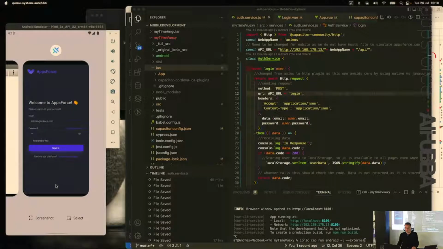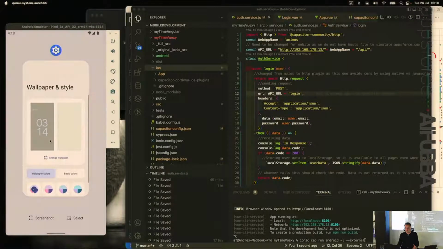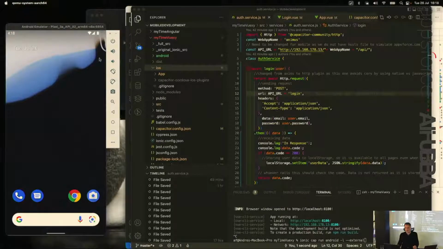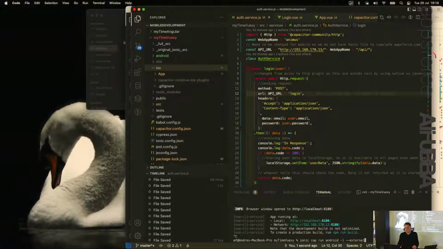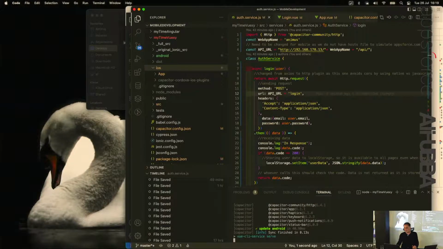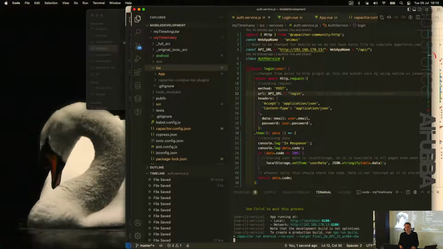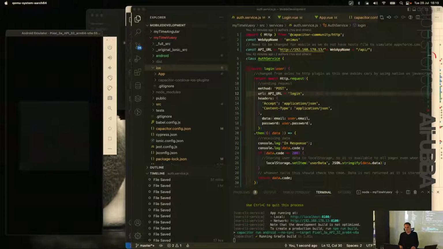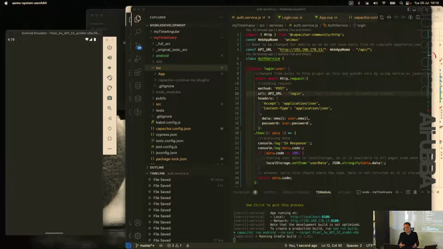So I can try to kill this app and some other stuff that's running here, brilliant. I can even close this simulator, okay? So let's start from scratch. When I type this command inside the folder of my app, it's going to ask me which of the existing emulators that I have on this computer I want to run on. And because this is an M1, I'm running the ARM version. So boom, boom, boom, it's doing all the Capacitor stuff, compiling this, building the thing, opening the simulator, putting the app on it, and